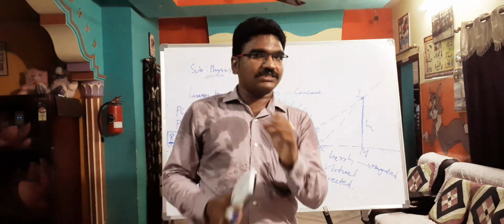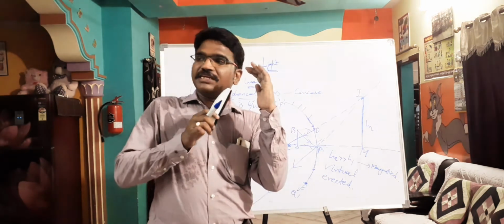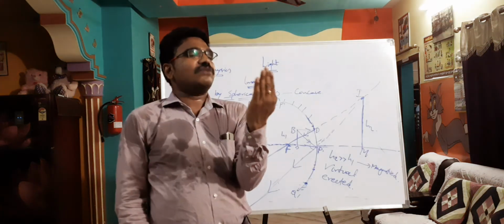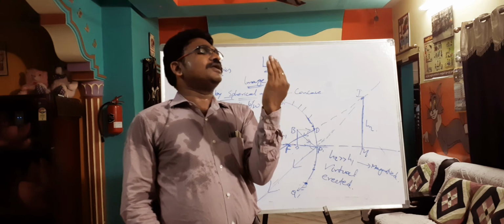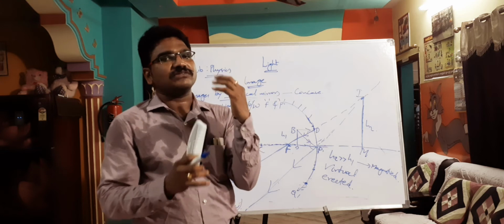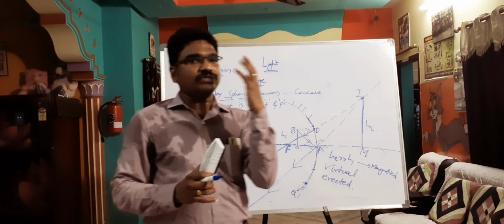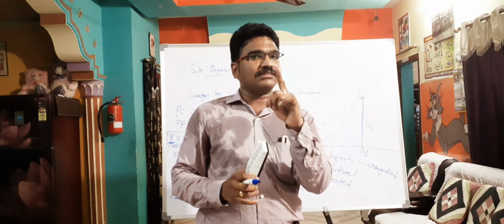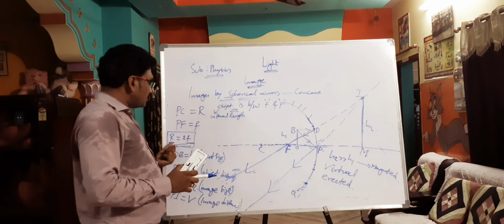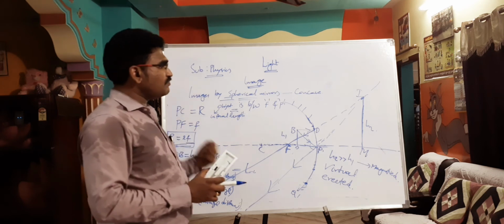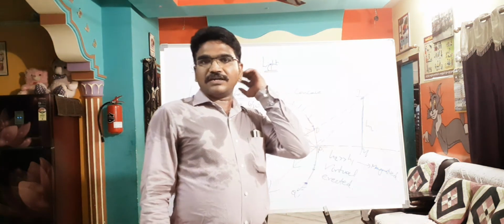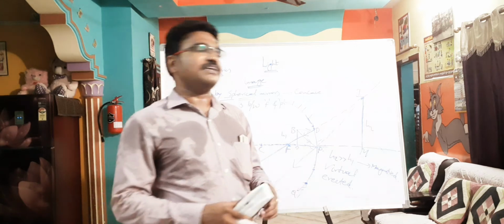This is the point you should understand. When you take a mirror whose radius of curvature is very large, its focal length will also be more. Now I am using this mirror as a shaving mirror. Automatically my head will be in the focal length, and I will get a magnified image. When you want a magnified image, the object should be in focal length, so the focal length should be more for that mirror, which means the radius of curvature should be more. This is used by ENT doctors, as shaving mirrors, or in beauty parlors where you want magnified images.